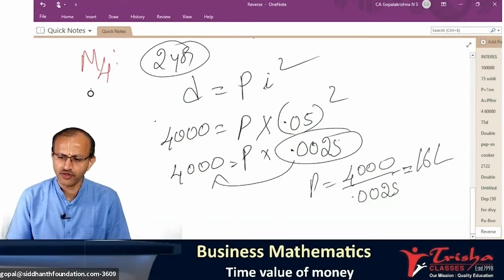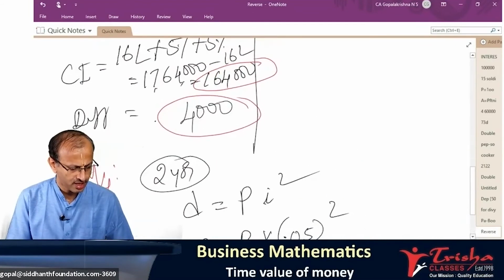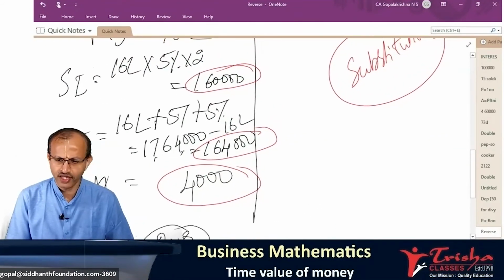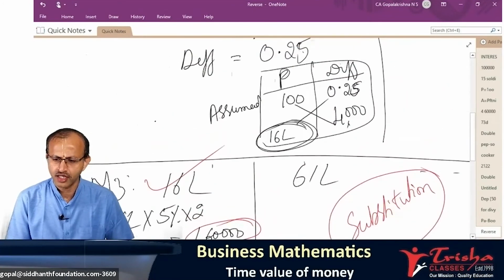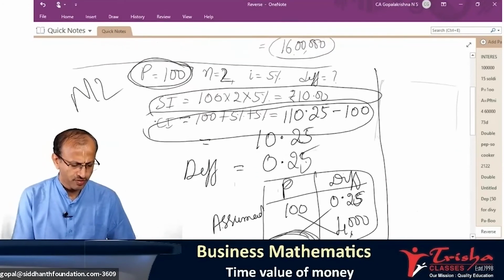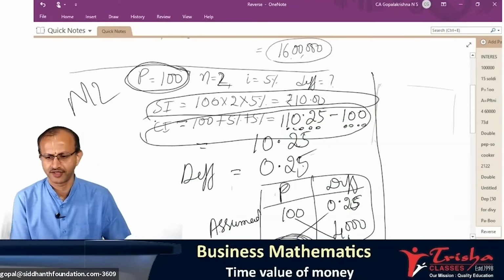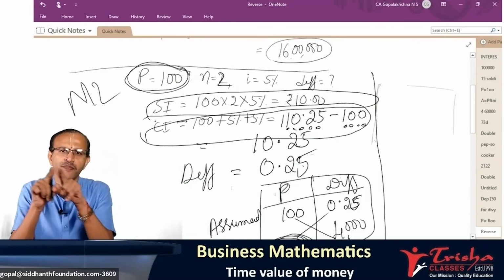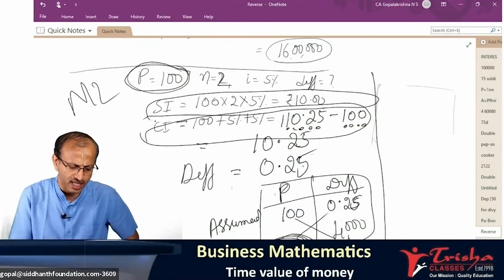Manohar Kumar, why have you subtracted 100 in CI in method 3? Where did that 100 come from? In method 2, I might have done it. In method 2, this is the amount, Manohar Kumar. Amount minus principal will give you CI. Calculator: 100 plus 5% plus 5% is the amount. Always you get the amount first. Then deduct the 100, you get CI.